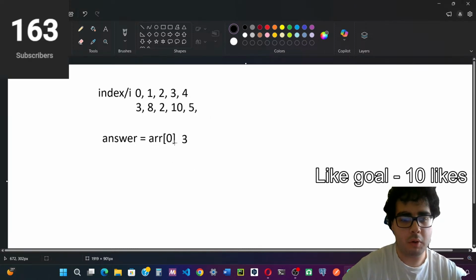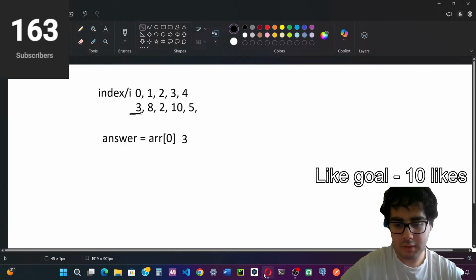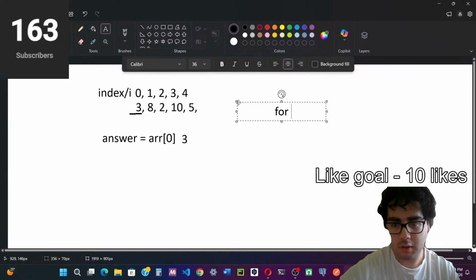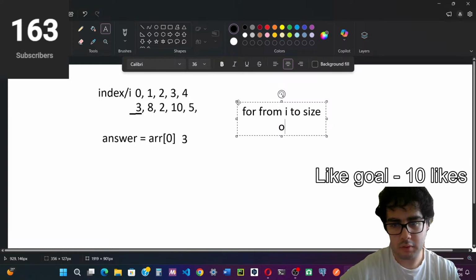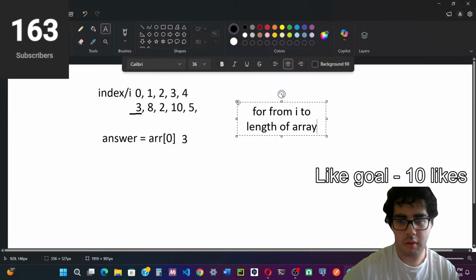So yeah, this is going to be 3, because as we can see right here, the element at index 0 is the 3. And now basically what happens, so we run a for loop. So for i from i to size of, to length of array. Okay,